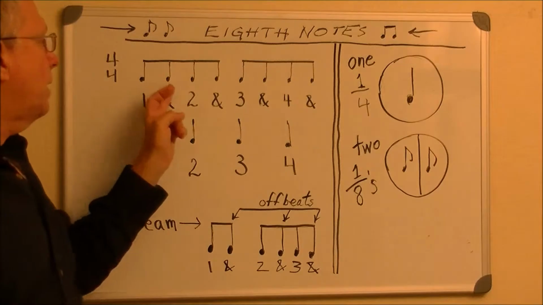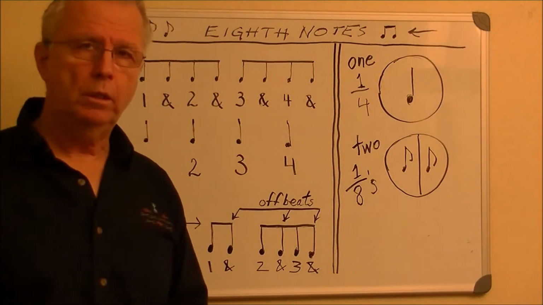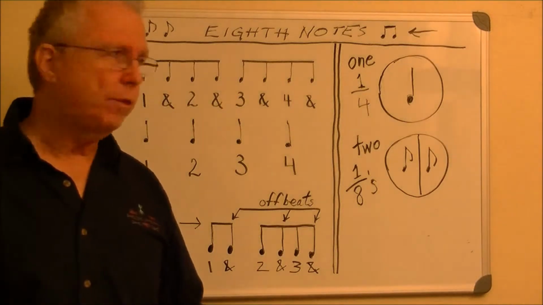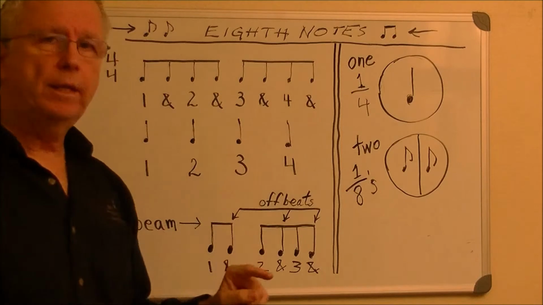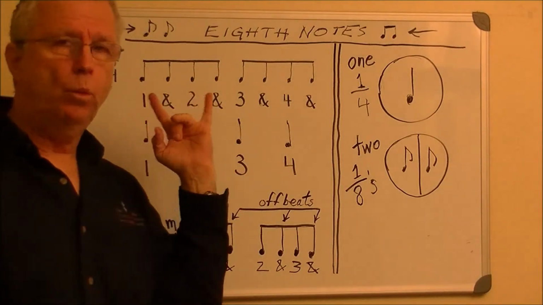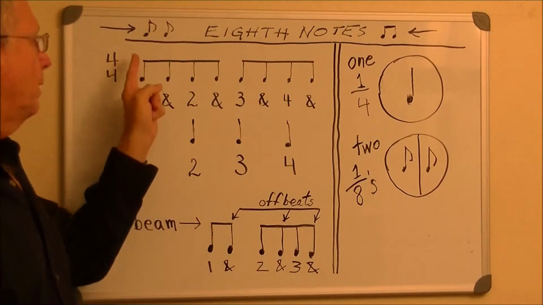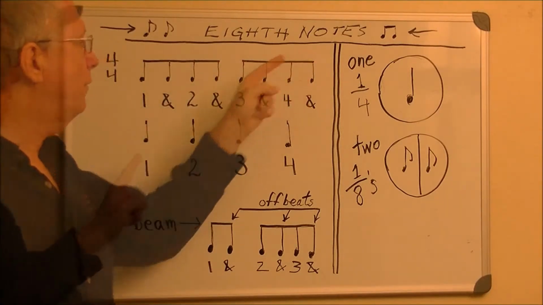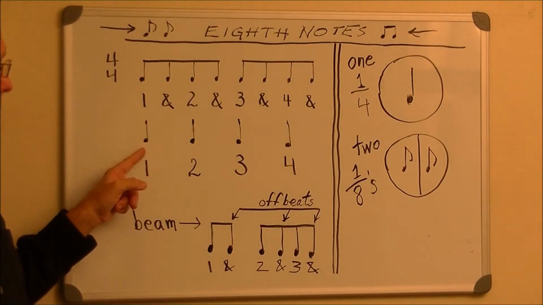So each of these groups of eighth notes adds up to 4 times 1/8. 1, 2, 3, 4. 1, 2, 3, 4. That means each group is worth a half note, and that makes it really easy to read. You can see that this is a half note and this is a half note. Okay, so underneath, just to clarify, I drew the quarter notes.